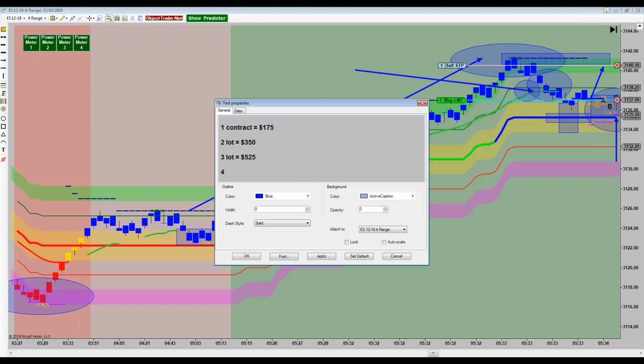How about a 4 lot? 4 lot is 7 bones, right? 7 bones even. You get the idea. I'm not going to keep going here, but what I'm trying to impress upon you